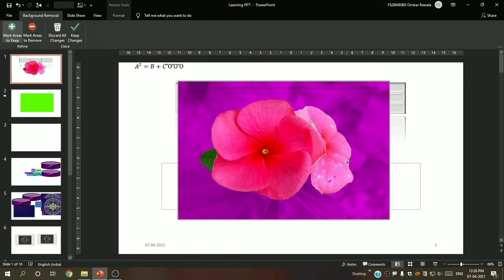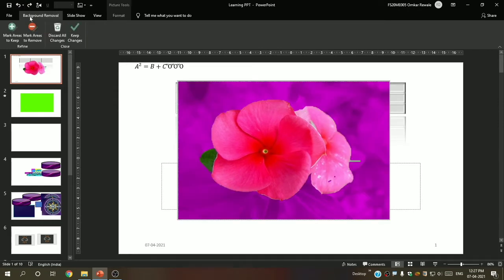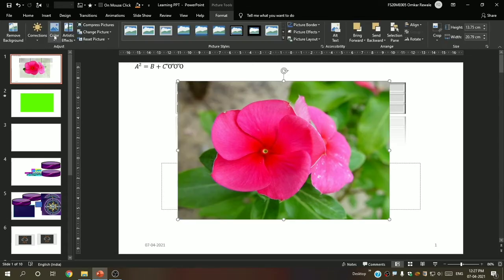Okay. Now when I say keep changes, you will get the flower in this way. You can see. Now let me undo to get the original shape. Now here I will say discard all changes.